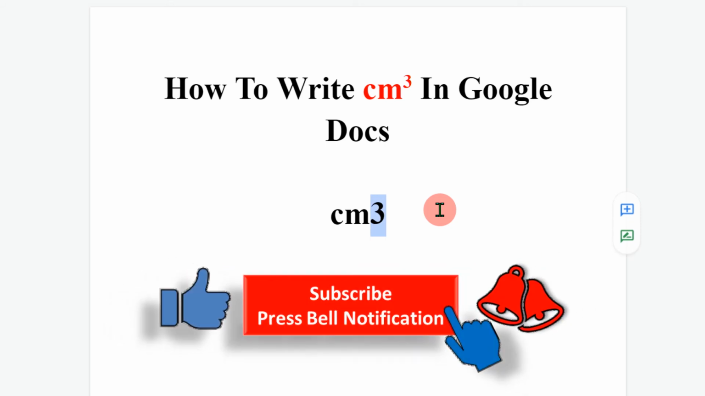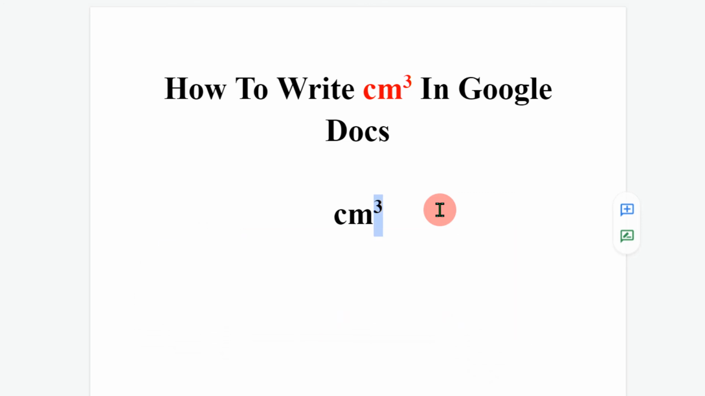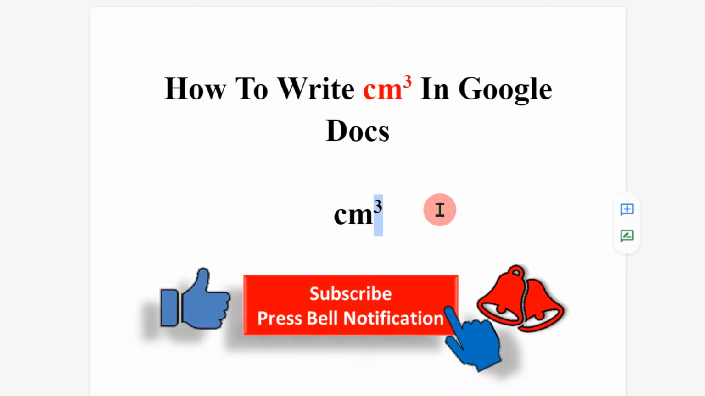Now let's try the shortcut on the keyboard. Press Ctrl on your keyboard and press period and you will see that the number 3 has now gone to